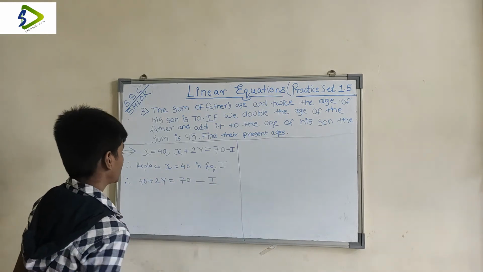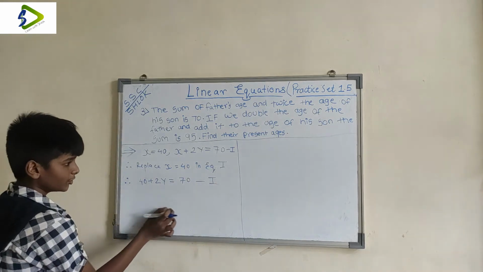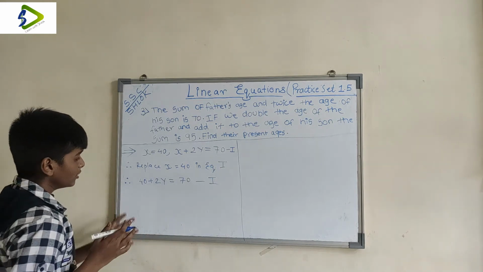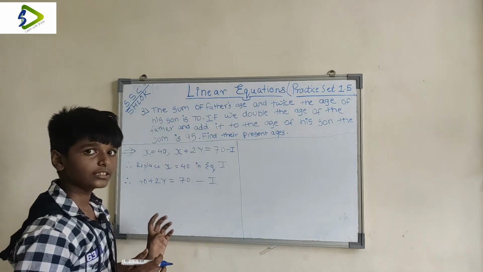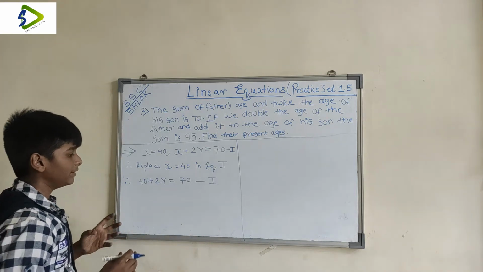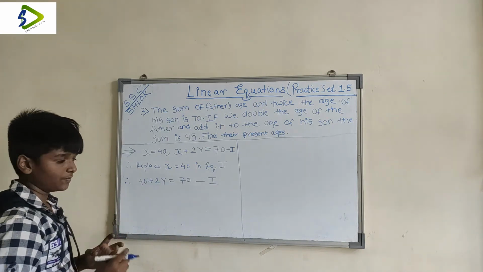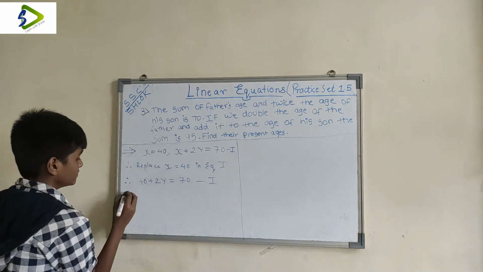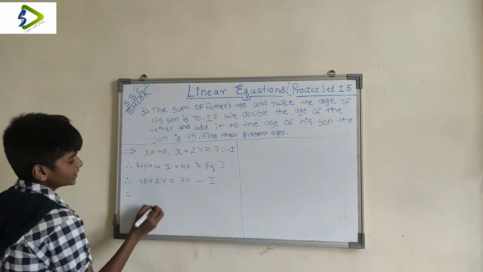First equation. So now what we do? Take 40 to the other side. Now here also many people are confused about why we always take one thing to the other side. Okay, why do we do that? We want the variable to itself. We want the variable on one side and all the numbers on the other side. That's why we take it to the other side. So let's take 40 to the other side.